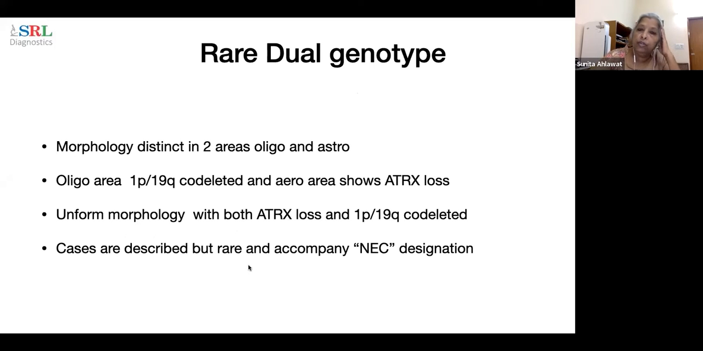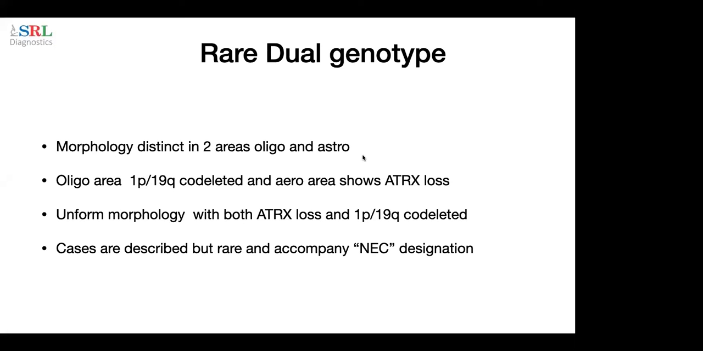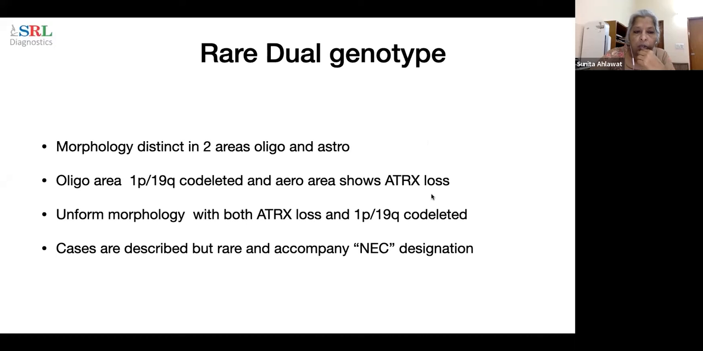Rarely, tumors can show dual genotype. This is seen in two ways. One is when you see two different areas: one is clear-cut oligo, which shows 1p19q codeletion, and one part is clearly astrocytic on morphology and shows ATRX loss. The other way is that the whole tumor is of uniform morphology but shows both ATRX loss as well as 1p19q codeletion. I have not seen such a case in my almost 20 years of practicing neuropathology now, but people have